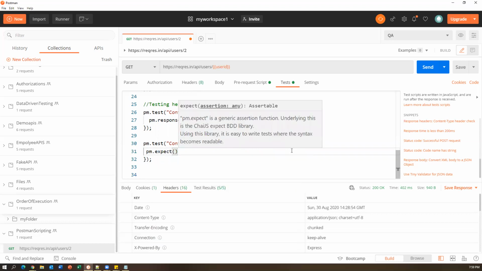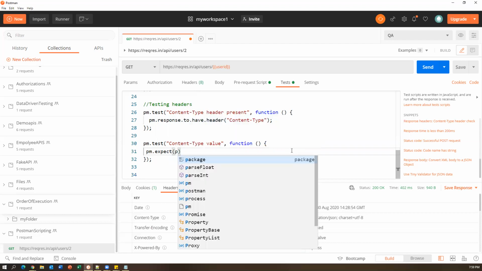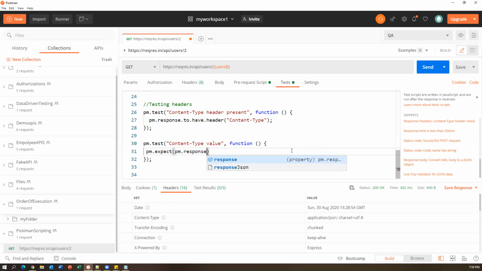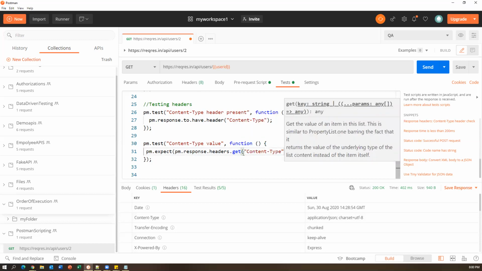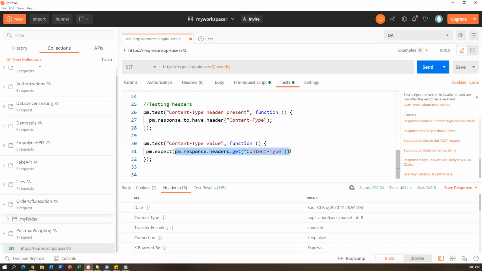pm.expect, and first of all we need to capture the response. For that, pm.response.headers.get, and here we have to specify the header value, whatever header value we want to capture. So pm.response.headers, from these headers get what kind of header it is, content type. So specify the header in the double quotations. Now what this statement will do internally, pm.response.headers.get: from the response, from the headers, it will get the value of this header, and then that value